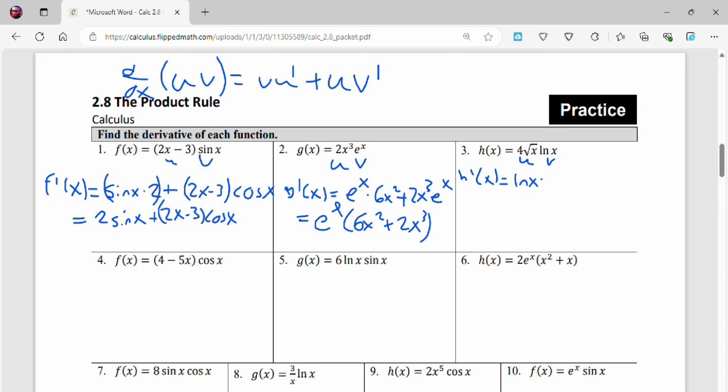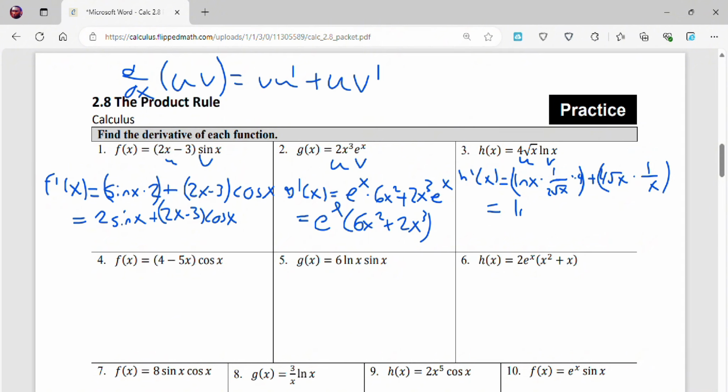Derivative of square root of x is 1 over 2 square root of x, right? So 1 over 2 square root of x. And then we have the constant 4, right? Plus u, which is 4 square root of x, times derivative of v, so v prime, which is going to be 1 over x,